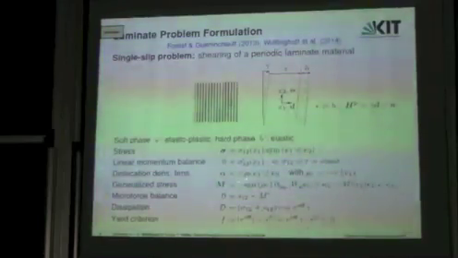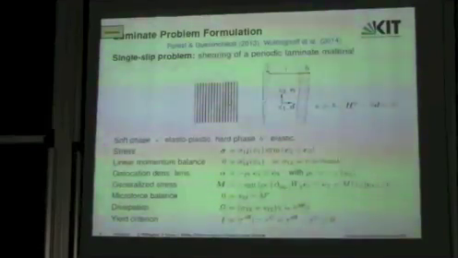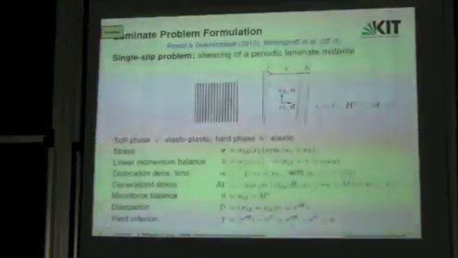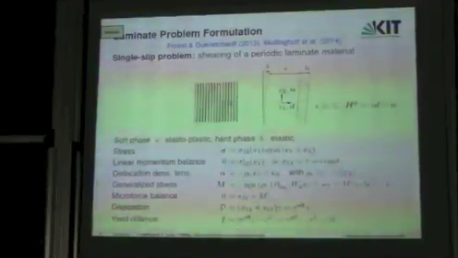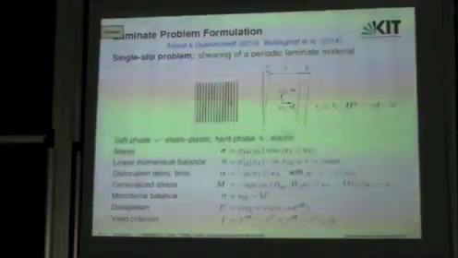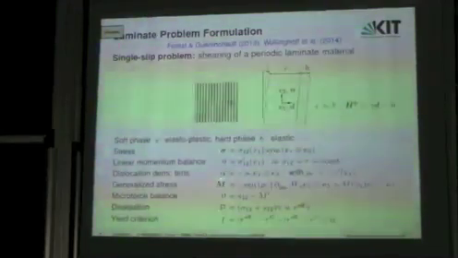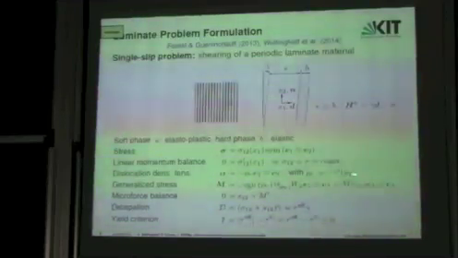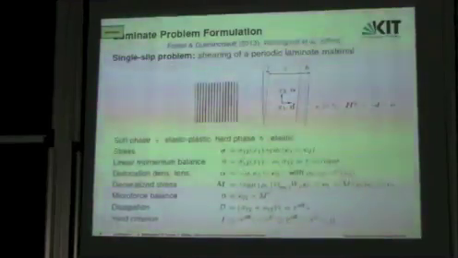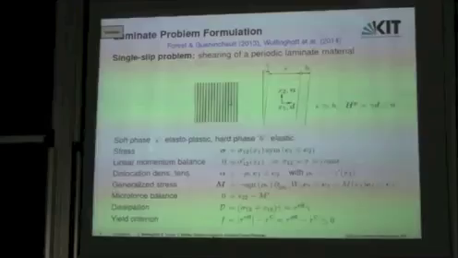Also, the dislocation density tensor turns out to have only one non-vanishing component, which can be interpreted as a geometrically necessary edge dislocation density, rho h here, which can be computed from the gradient of the plastic slip. And in addition, also the generalized stress M has only one non-vanishing component, therefore we denote it by a scalar M here. The microforce balance